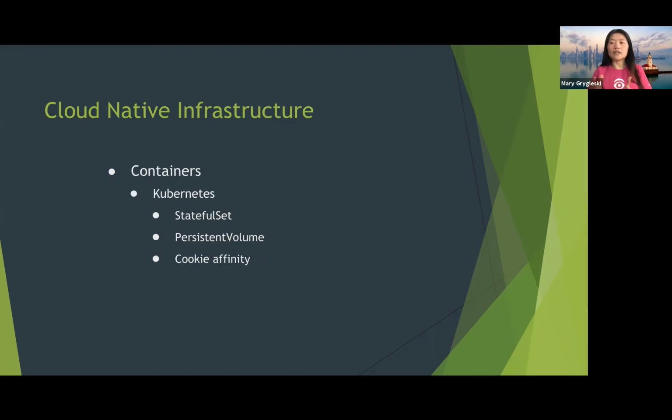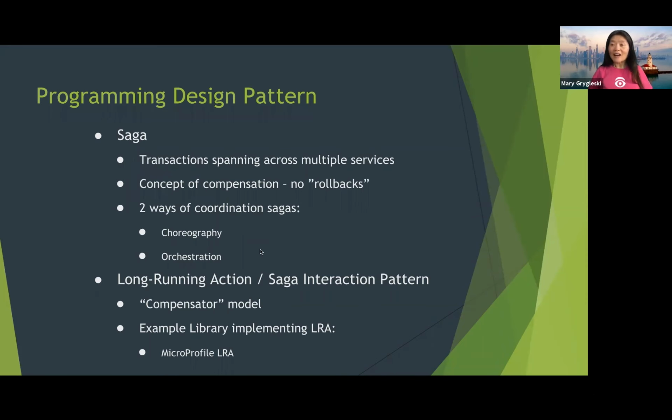And then there's also cookie affinity, a concept in Kubernetes. And in fact, I also have a code sample from my larger team. We have a demo of a stateful set used in Kubernetes, using Nginx as the ingress controller. So I have the link too. After this, if you're interested, you can take a look at that, just to get a sense of it. It is by no means a production system, but just a prototype to illustrate that. So, okay, now let's move into programming design patterns.